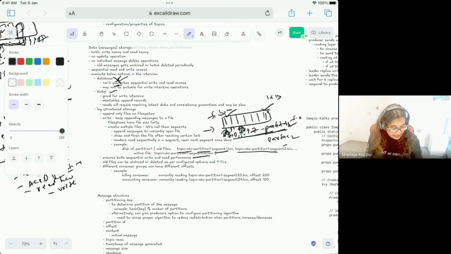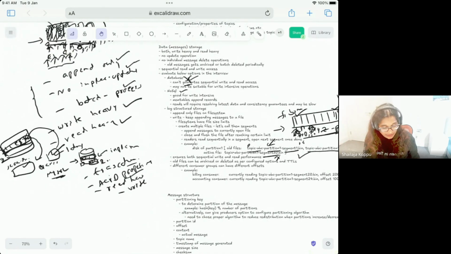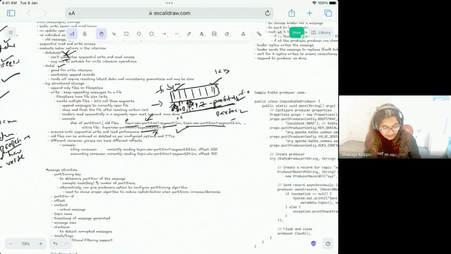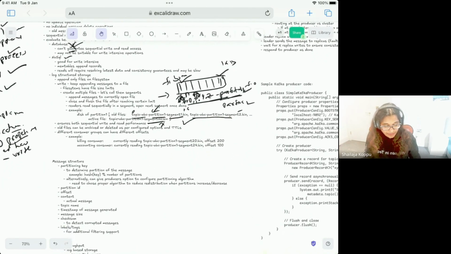Consumers, if they are catching up with the producer, are probably reading the same file, or they might be reading an older file, somewhere in the offset from 0 to, let's say, 1 GB, somewhere in the middle of the file. So this is how we can come up with our own customized storage using the log structure storage. That is sequential appends and sequential reads, and that's how we are going to have a storage for our message queue. And Kafka does almost the very same thing.